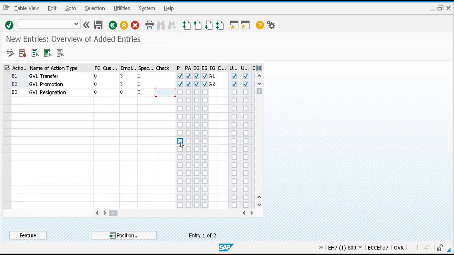Check is required. I'm typing MSN 20, and I'm taking MSN 20 for resignation or termination or withdrawal, because there is a dependency check, so you are maintaining MSN 20. I'm ticking all these check boxes, and I'm typing A3 here, I'm checking, and I'm maintaining 1 here. Here I did not maintain blank,